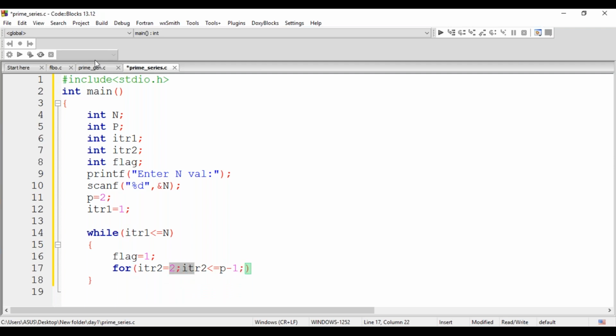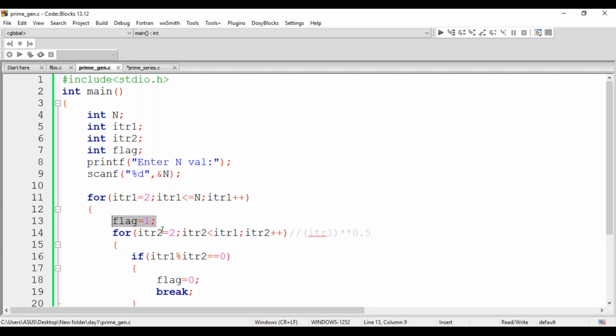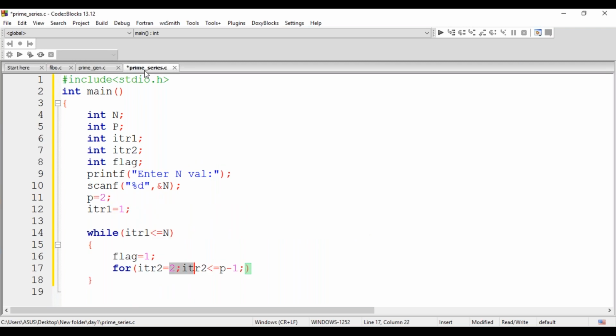The same range case, as we said before: the range is 2 to less than the given number. I can just use lowercase p now to avoid confusion in all the places. So 2 to less than p is the range, followed by ITR2 plus plus.